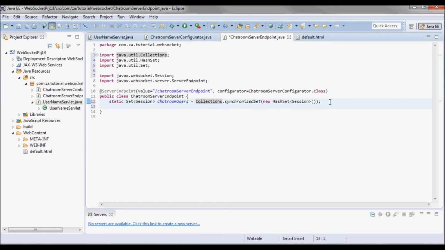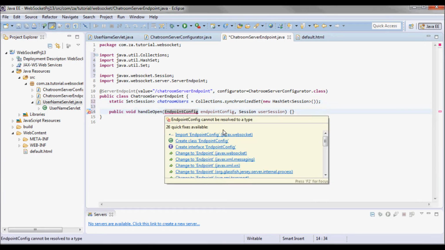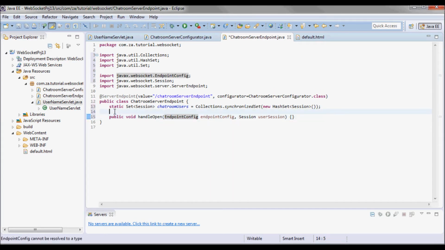And I'll have the handle open method that I will decorate with the onOpen annotation.